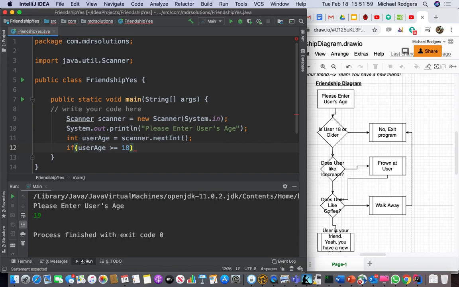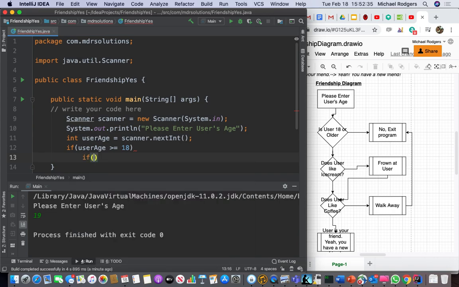It's very straightforward. You have an if and then a parenthesis, open and close parenthesis. Whatever is inside the open and closed parenthesis has to evaluate to true or false. So we're just applying a simple numeric statement here. The user age, whatever we enter, is going to either be greater than or equal to the number 18, right? All right, we'll hit enter, and then we're going to say if this is true, we're going to add another